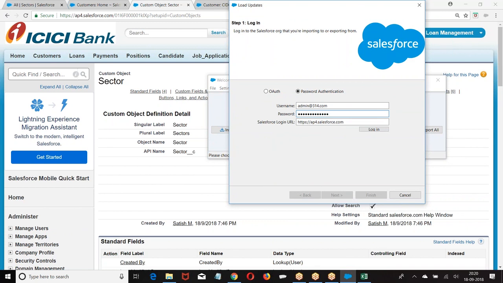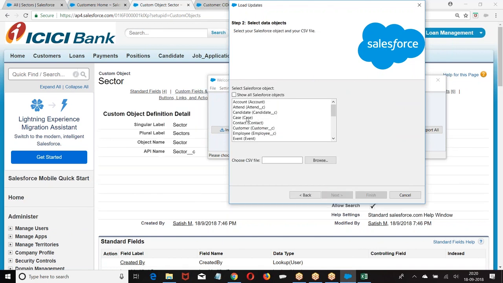You made some changes on the database. If you want those changes to be applied, I logged out and re-logged in so that the changes will be applied on the data loader also. Now go back. What is the operation? Which object do you want to take?